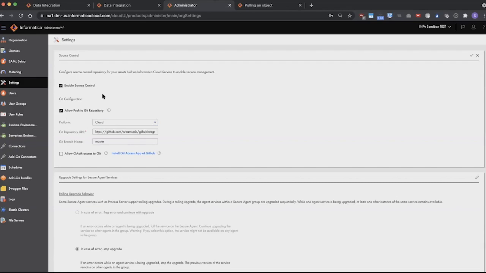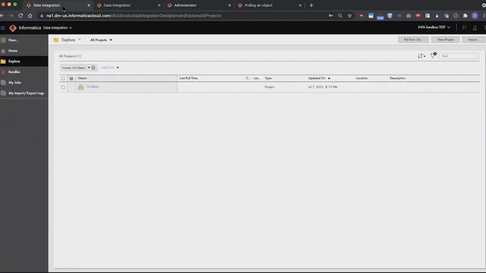The next setting that you'll have to do is your personal setting. You'll have to configure your personal access token and your Git credentials, and IICS would use this to add your name when it does a commit, right? So you would go back to the data integration service, and this is not at an admin level. This is at individual user level. Once the user logs in, they can choose any service, and then click on the user button,